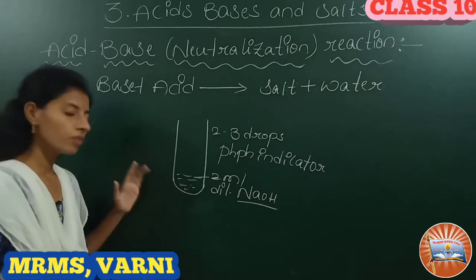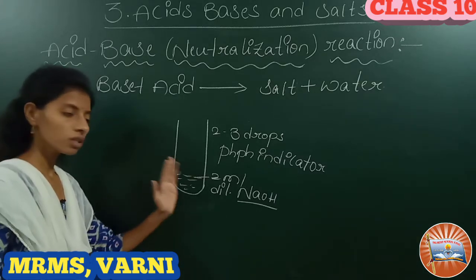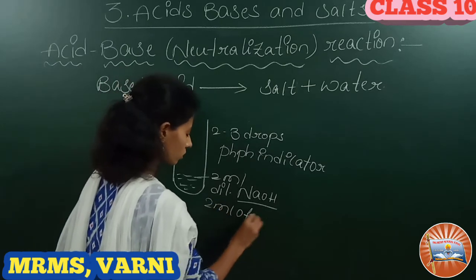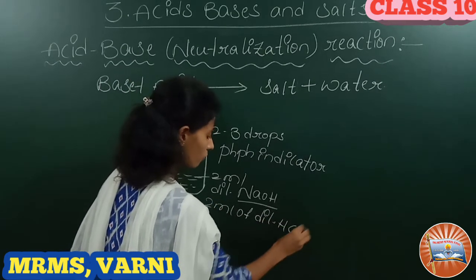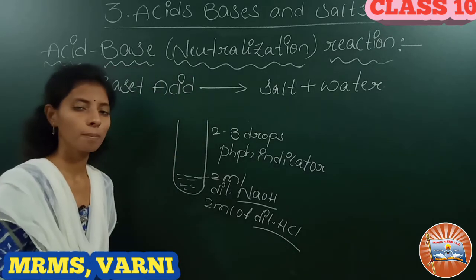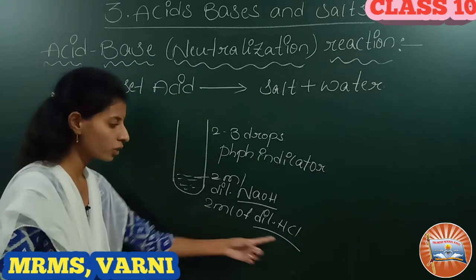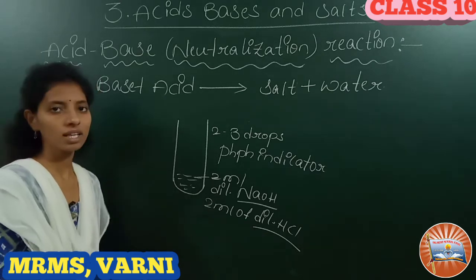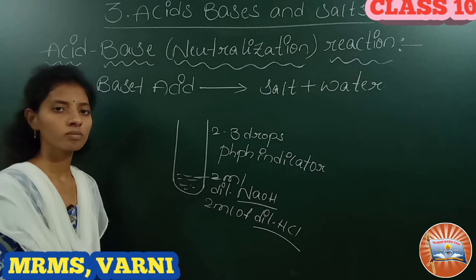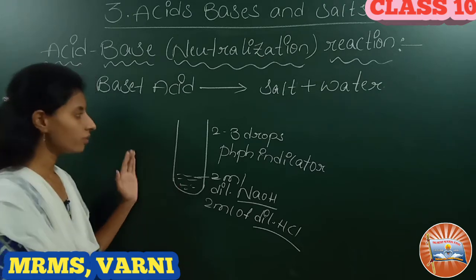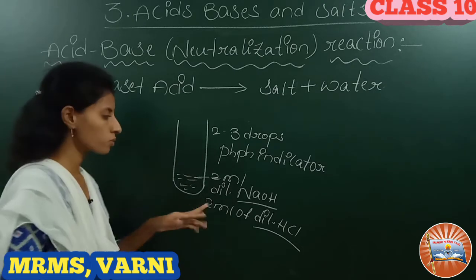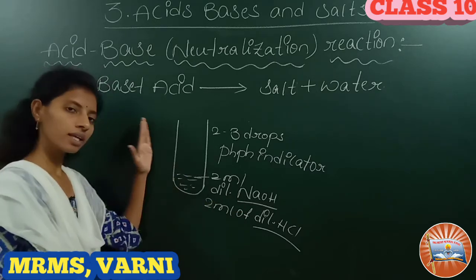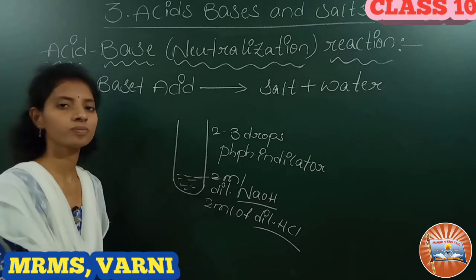Okay. So, here we have to add dilute HCl to this solution. Add 2 ml of dilute HCl. HCl is an acid. So, what will happen by adding HCl to this pink color solution? Right. Here the pink color disappears. Right. So, here again we have to add 2 to 3 drops of sodium hydroxide to this solution. What will happen? Again the solution turns pink in color.